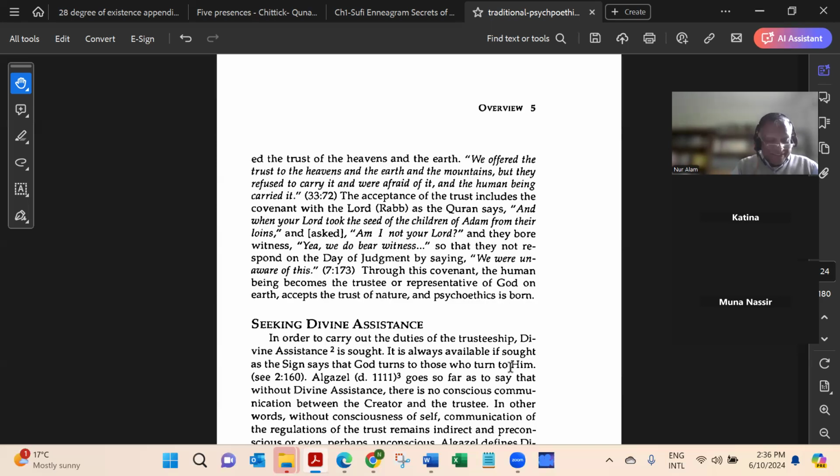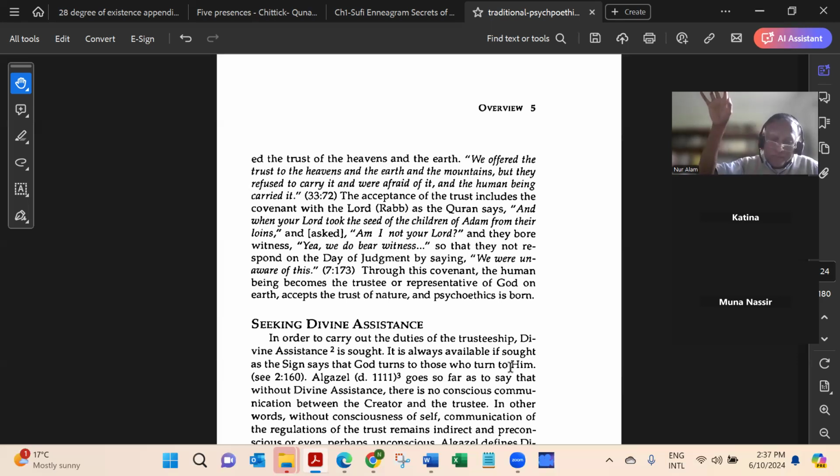Beautiful. So this is how she's relating how the total science includes psychoethics, and then he's saying that when psychoethics was born. So it's basically before this whole universe was created, psychoethics was born. In Alam al-Arwah. So I'll explain five presences where Alam al-Arwah is, where we came from, and where we will go back. We briefly touch on it, but here he's saying that in that